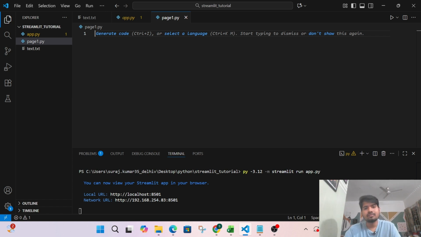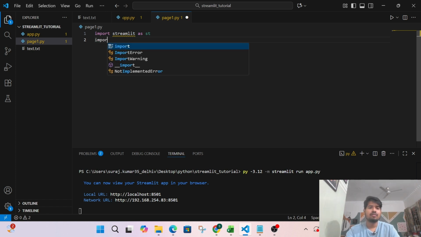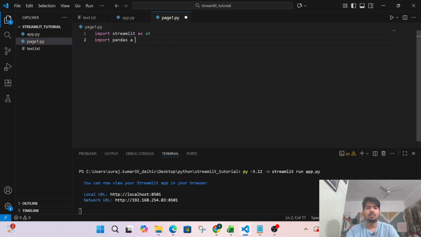So for example, the very first thing is to import Streamlit as st. We have already installed Streamlit in the last lecture, so we are importing it as st. We'll import Pandas as we are working in Python, and maybe NumPy if you want to have something. Okay, let's define the